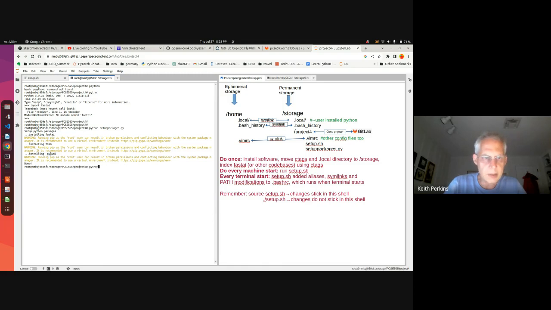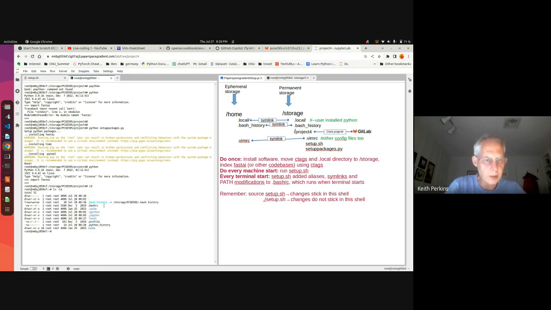Let's do Python again. And now let's import fast AI. Found it. You see there's no module not found error? That's because fast AI has now been installed in a local folder. You want to see it? Control D to get out of it. Change directory to get back to the ephemeral home. ls -la. You can see this .local folder. And if I open that,